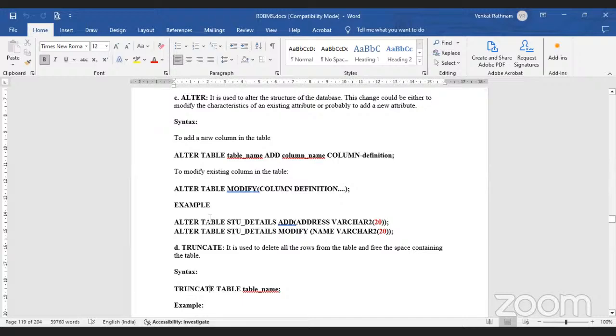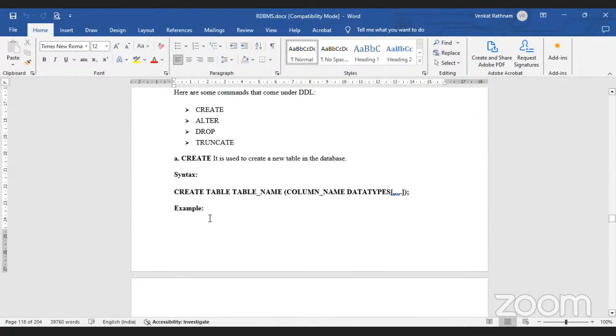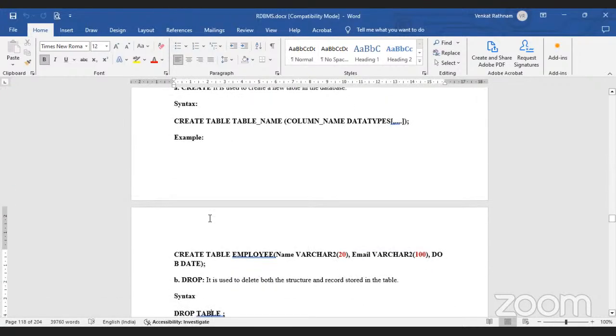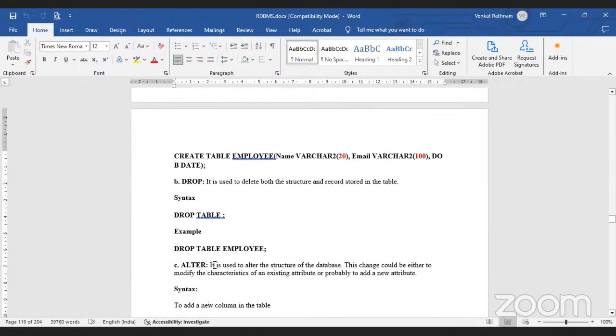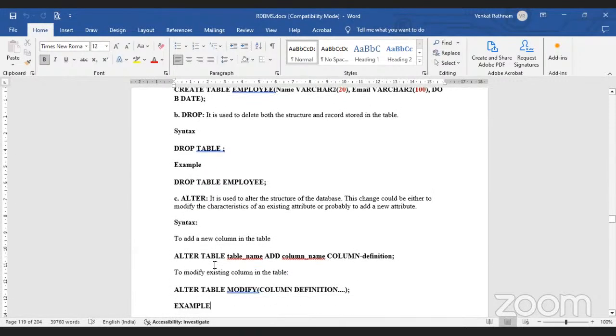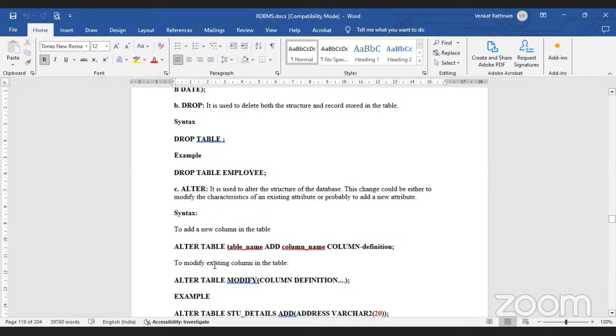See here. Take the example of the employee table. What is here? Create employee already created. I added the columns name, email, and date of birth. So there is no address column. If I want to add the address column to a particular table, then that time also we can use the alter command. Using alter command, you can add the new column to the existing table or existing structure of the